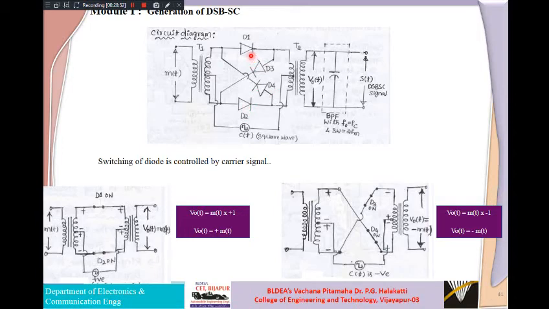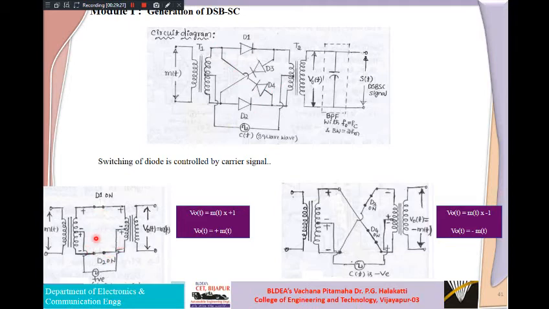D1 and D2 are on because this power corner is positive and this point is positive. This positive is connected to the anode of D1, that's why D1 is on. This positive is connected to the anode of D2, that's why D2 is on. Similarly, this positive is also connected to the cathode of D3, that will turn off D3, and this positive is connected to the cathode of D4, hence D4 is off. So with D3 and D4 off and D1 and D2 on, your circuit will look like this.